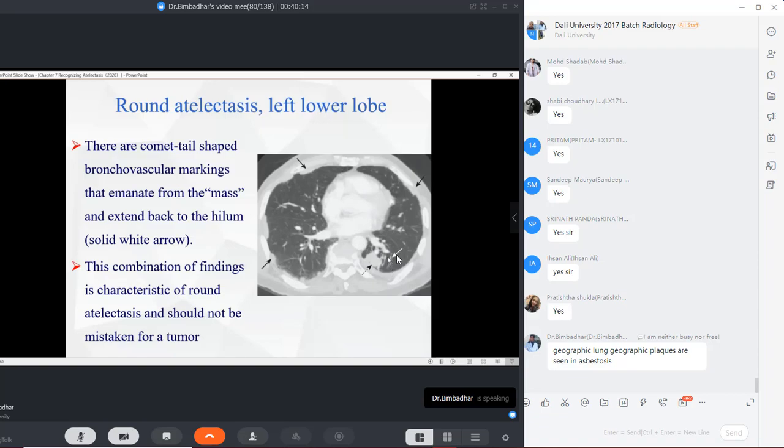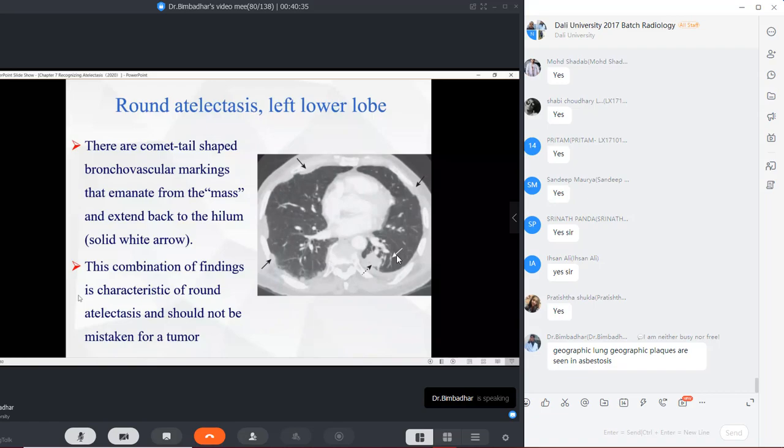But since it is not a mass, it is only compressed lung, I was able to see the bronchovascular markings. So this combination of findings is characteristic of round atelectasis,